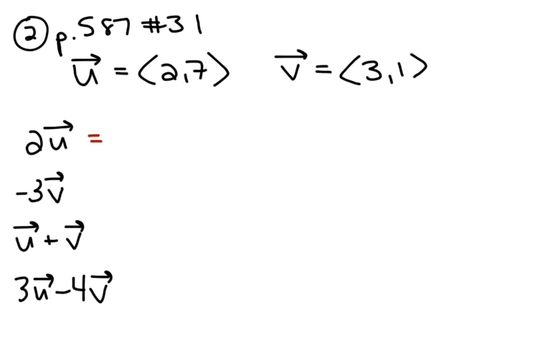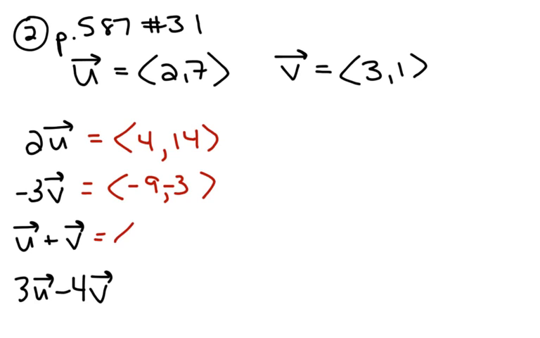We can perform simple operations on vectors just like we do simple operations for real numbers. So if we want to find 2 times vector u, all you have to do is multiply the vector by 2, basically distribute the 2, so you get <4, 14>. To find -3v, you multiply both the components by -3: <-9, -3>. When you're adding 2 vectors, you add the x components, you add the y components, so you get the vector